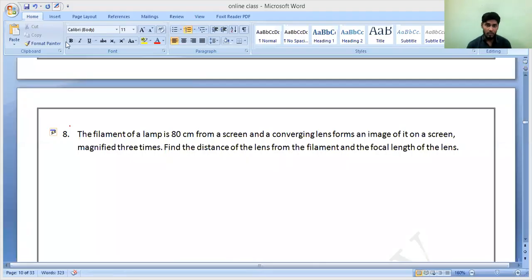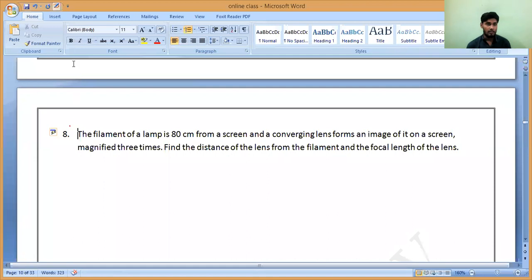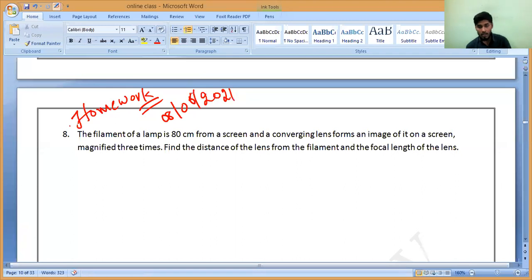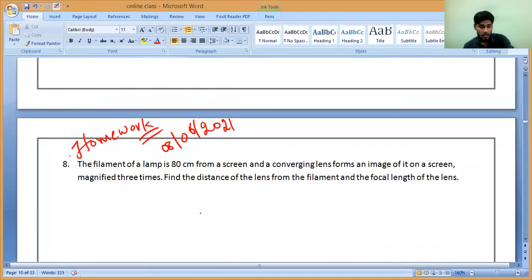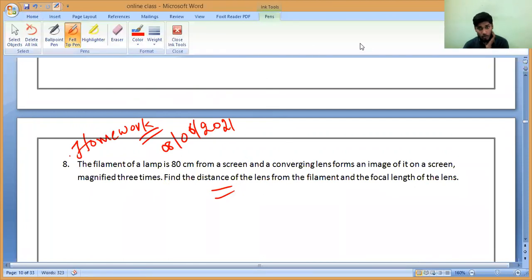So this is the homework sum. You can solve it and send me before 6:30, or before 6:25, not an issue. Or else you can send before night also. Whatever it is, it depends upon your interest. Those who send now have more interest in numericals. If not, you are lazy. So solve it and send me. I will post it in the group also, don't worry.